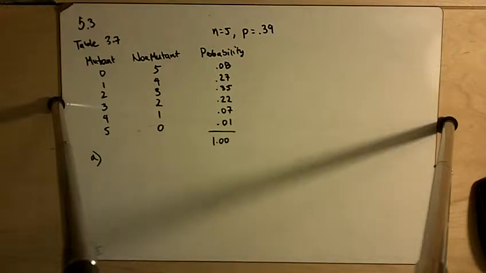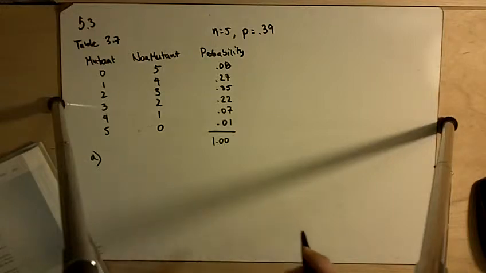Problem 5.3 reads, suppose we are to draw a random sample of 5 individuals from a large population in which 39% of the individuals are mutants, as in example 3.45. Let p hat represent the proportion of mutants in the sample. Use the results in table 3.7 to determine the probability that p hat will be equal to 0, 0.2, 0.4,